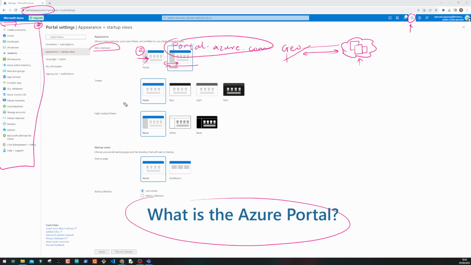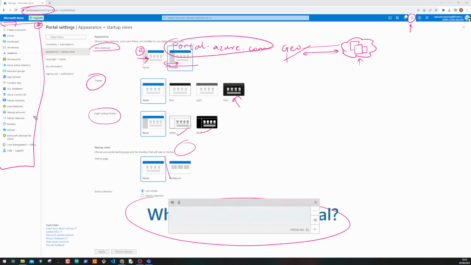You can, of course, from here change the theme to a geeky theme, and if you have to work on high contrast, you can go ahead and do white or black. Then you can select whether you want to go to home or the dashboard. So all these are available to you. All right, so let's head over to how you do the flyout. At the moment, I've set it to docked. So when I clear the screen,